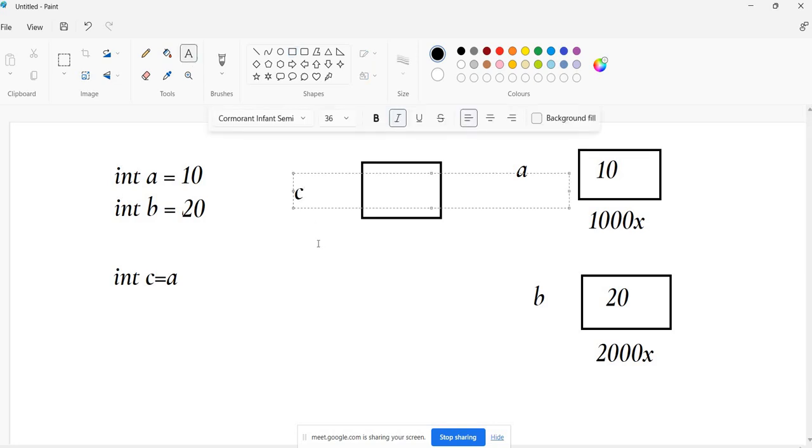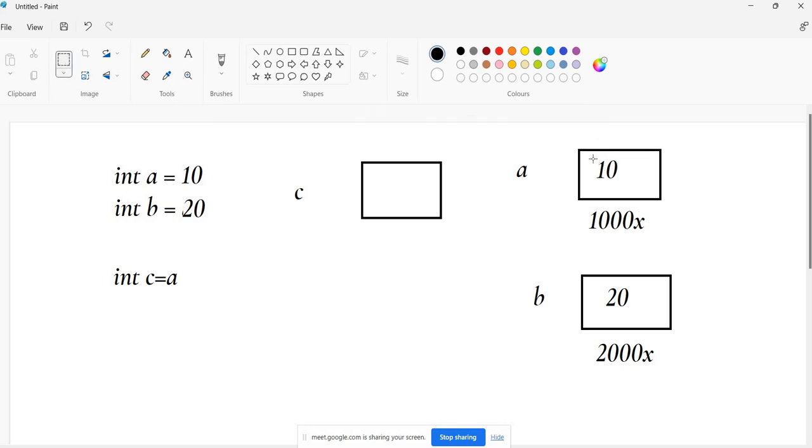And what are you saying? Hey, just copy the value from a. This means int c is equal to a, which means just copy the value of a into c. So it will take the value of a, just copy it, and put it here. For understanding purposes, the address value will be